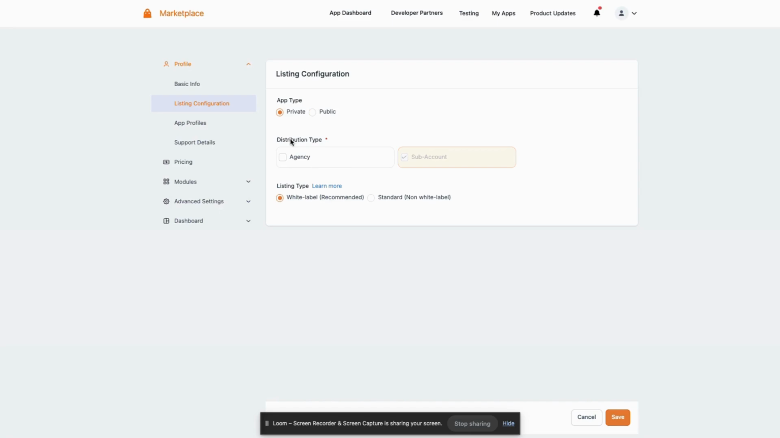So the first thing I want to point out is that the distribution type, as an actual functional part of using your app, is basically saying I'm going to have access to the agency API or the sub-account API by granting this distribution type. So that's the first thing you want to take into play if you are using the API. If you're not using the API, then your distribution type can really depend on how you want to